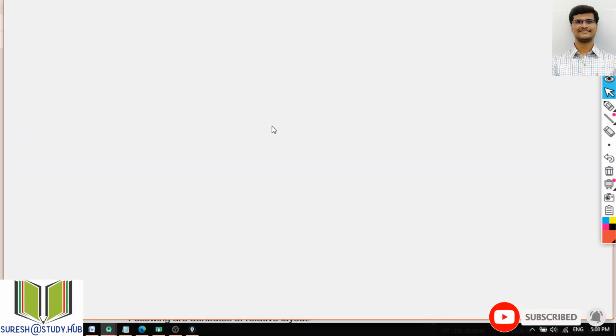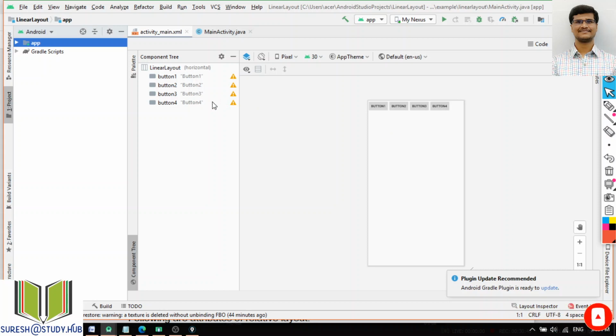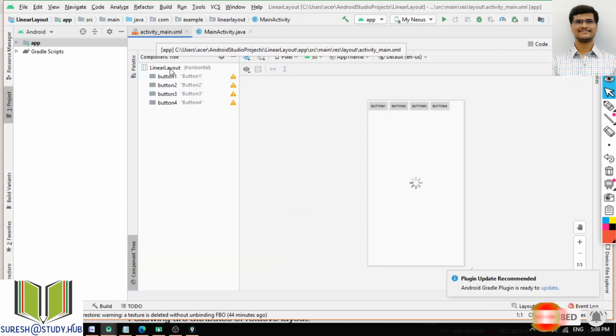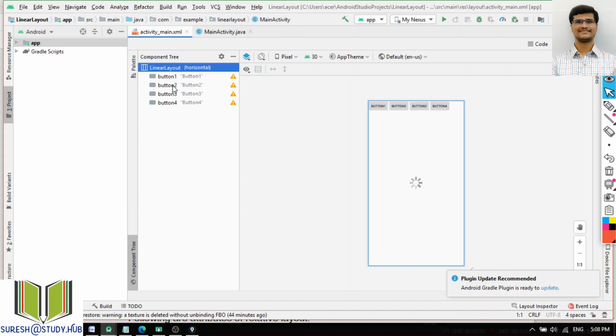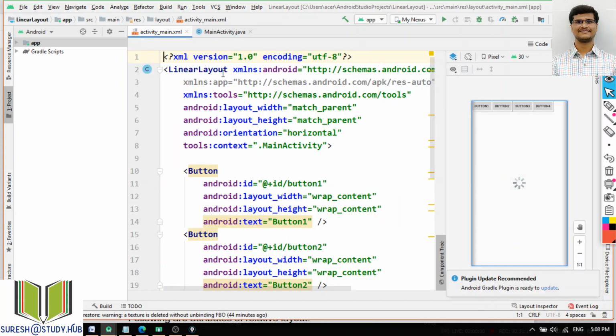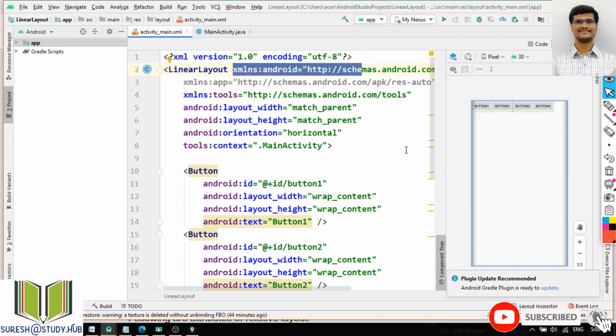So this is your linear layout. I think no need to execute this one also. Directly at the time of designing the layout itself, you will have this. You can easily recognize this one. At the time of designing itself, you can observe that difference. Okay. So if I mention it as linear layout with horizontal, it is directly showing that. So I will go to this split mode so that you can see both. So this is your linear layout. Okay, so whenever you click on this linear layout, automatically this code will come.